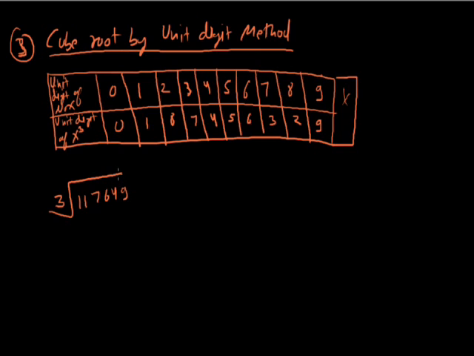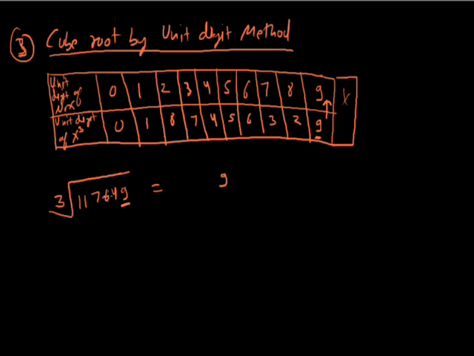117,649. लेट्स से हमें इसका क्यूब रूट फाइंड करना है। तो सबसे पहले हम क्या ऑब्जर्व करेंगे कि ये जो नंबर है इसकी यूनिट डिजिट क्या है, 9। सो हम 9 देखेंगे कहाँ पे आ रहा है, 9 यहाँ पे आ रहा है, और ये जो 9 आ रहा है ये कॉरस्पॉन्ड कर रहा है 9 को। सो इस नंबर का अगर आप क्यूब रूट निकालोगे, क्योंकि इसकी यूनिट डिजिट 9 है, तो इसका जो आंसर आएगा उसकी भी यूनिट डिजिट क्या होगी, 9 होगी, बिकॉज 9 विल कॉरस्पॉन्ड टू 9।